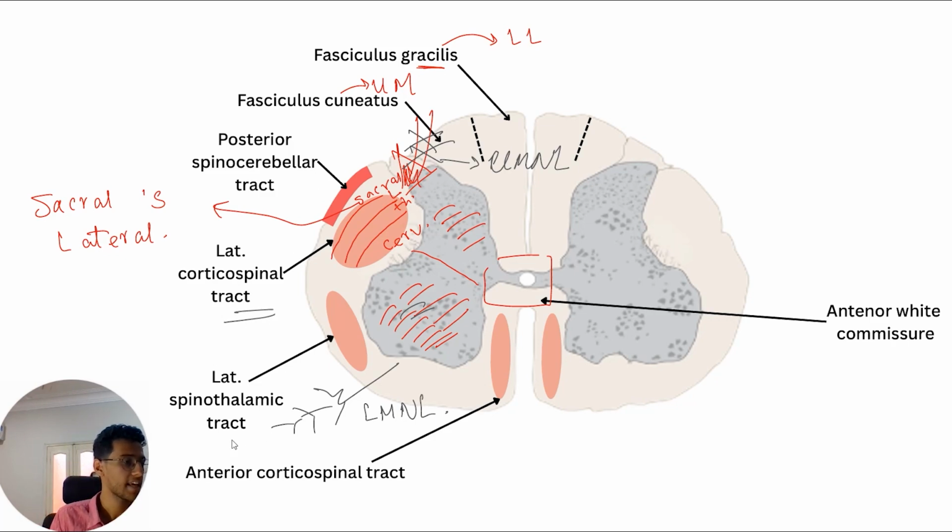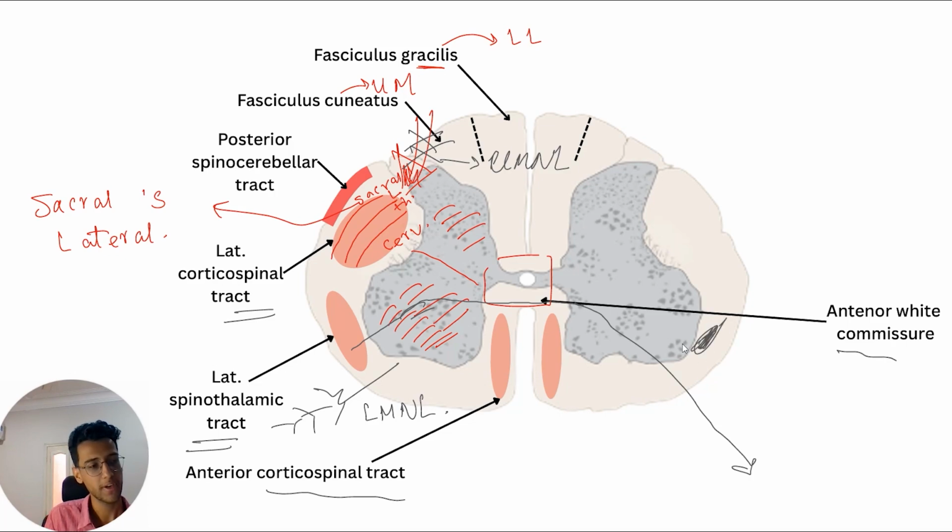Now we have the corticospinal tract, the spinothalamic tract, which carries pain and temperature sensation, and the anterior corticospinal tract, which is responsible for axial movement, voluntary as well. Here is the anterior white commissure. What is the function of this area? This area is very important because the spinothalamic tract, versus any other tract, decussates at its level. So the right spinothalamic tract will decussate here to supply the left part of the body, and the left spinothalamic tract